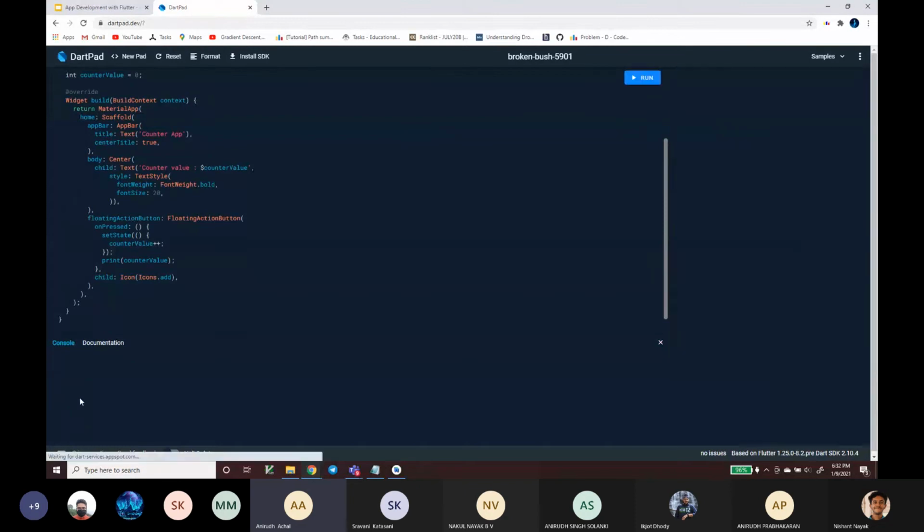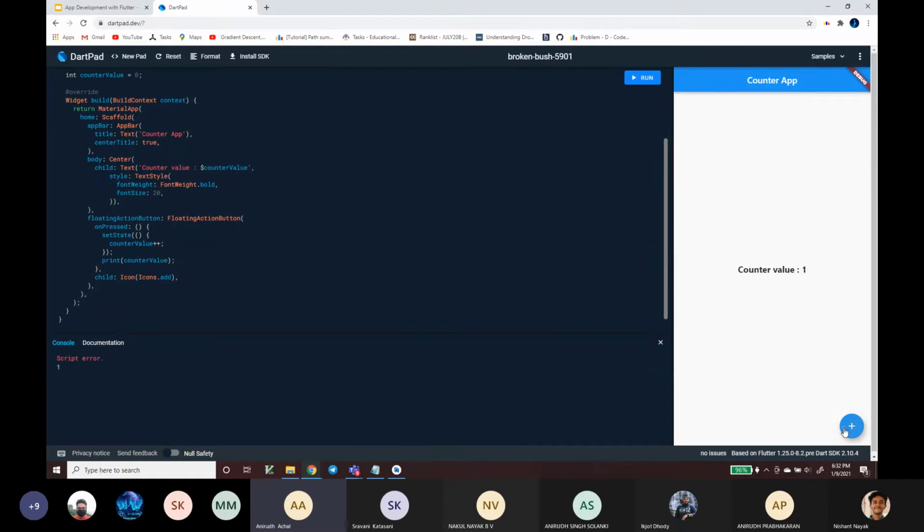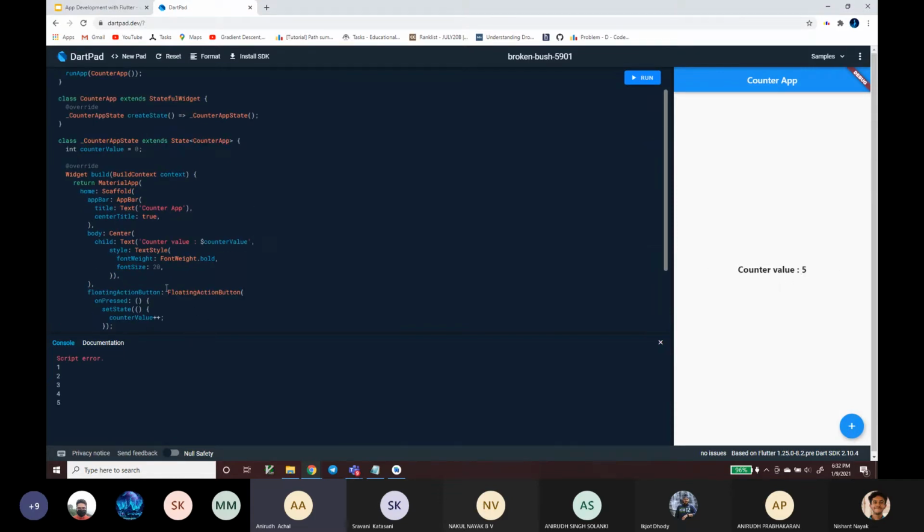both the value in the console as well as on the screen should be updating now, like you can see. So I hope you understood how widgets work, how they are nested inside each other, and what the differences are between a stateless and a stateful widget. Summarizing again, stateless widgets are widgets which are static and don't really change during runtime, whereas as you could see here, this was a stateful widget, as the text property here was changing during runtime due to some user